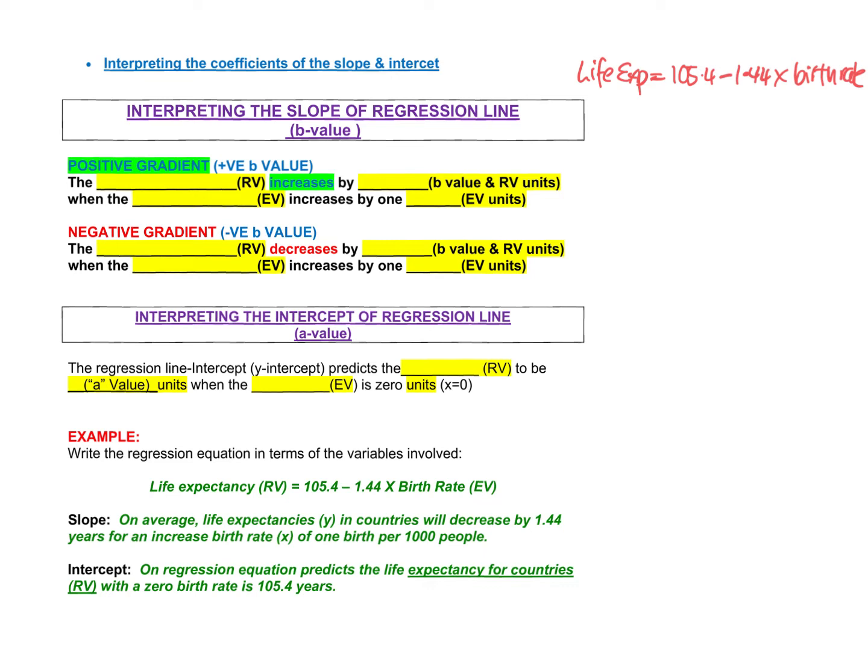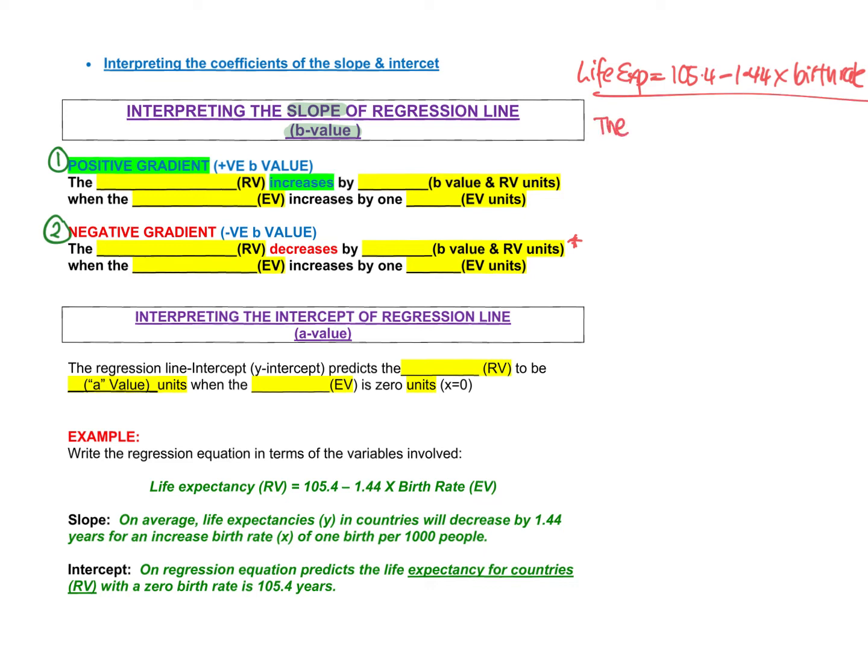Here is what you have to do if you need to interpret any of the values. If they say interpret the slope, which is the B value, you have to choose: it's either this statement or this one. Looking at my example, do I have a negative B value or a positive? I have a negative. Good. So this statement will be the one I use. For this example, I would write: